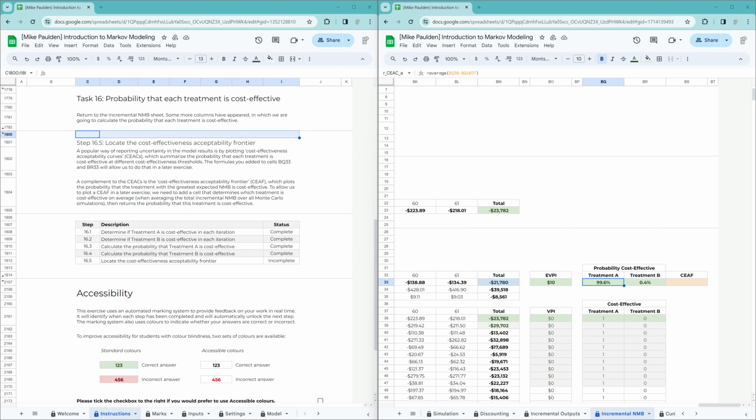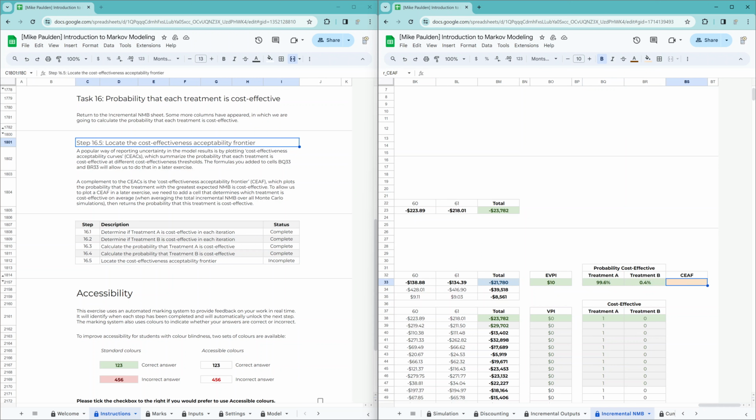Okay, and then this brings us to step 16.5, which is to locate the cost-effectiveness acceptability frontier given these settings in the model. And the cost-effectiveness acceptability frontier is distinct from the cost-effectiveness acceptability curve. The cost-effectiveness acceptability curves are just plotting these numbers here. So we would plot a curve that shows 99.6% for A and 0.4% for B. And then as we change the cost-effectiveness threshold, these figures would usually change as well, and we'll get this nice